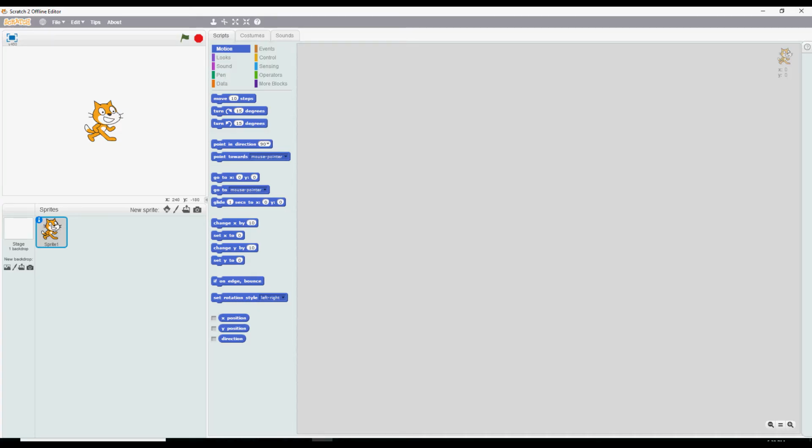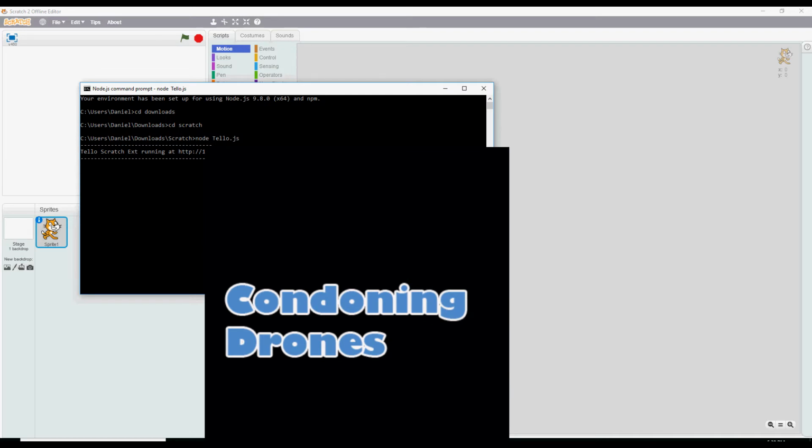Hello. As you see, we have Scratch 2 offline editor open, and this is just the first page that comes up. If you haven't checked out one of my earlier videos, then you definitely need to have this Scratch 2 installed, and there's instructions on where to find it and also the files that you need to download that go along with that. Also, you will need to have your command prompt with the node Tello JS running,